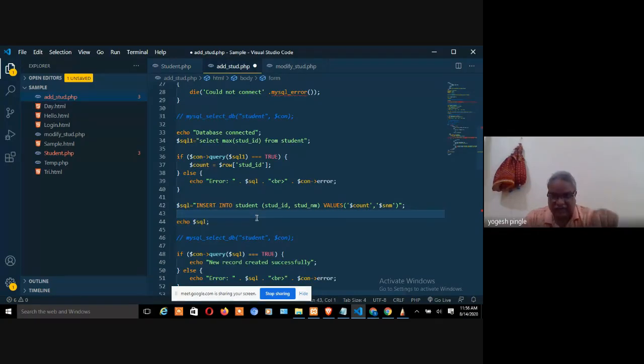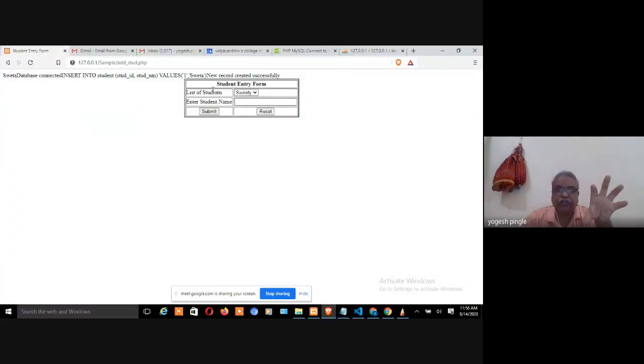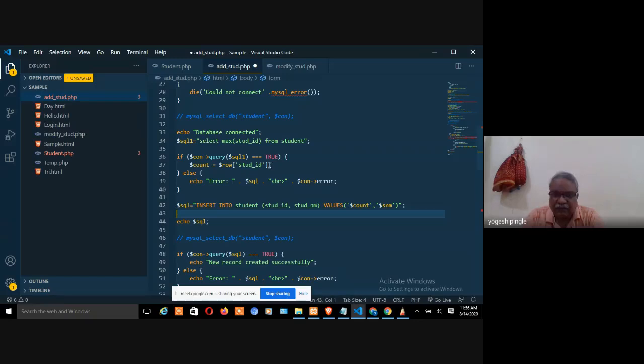Once you come in the next lecture, you should write this main form. This form should be ready. Then you should populate this new thing, and the third one is: once you enter this here and click submit, the value should get inserted with the new value. Student ID should also get incremented by your query. Max of ID plus 1: take the ID you got, add 1, put that value in count, and then insert this value here. This is how you should go further.